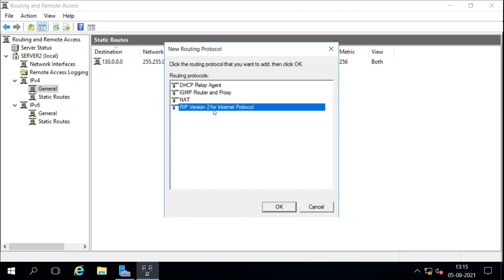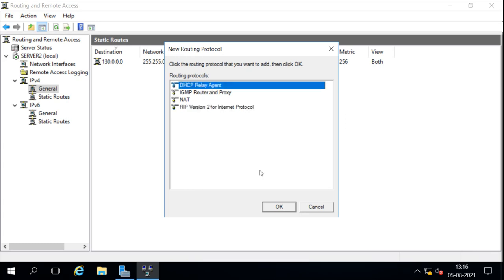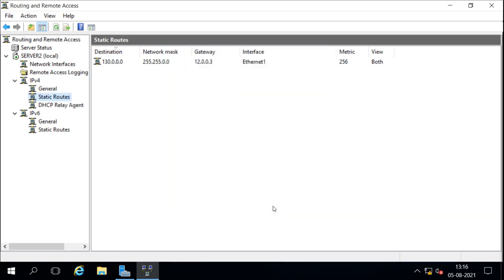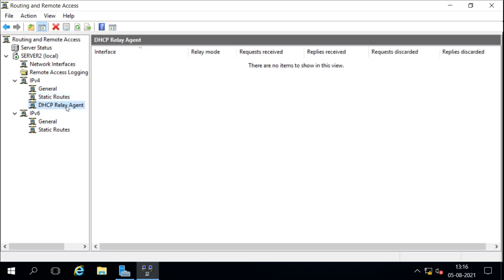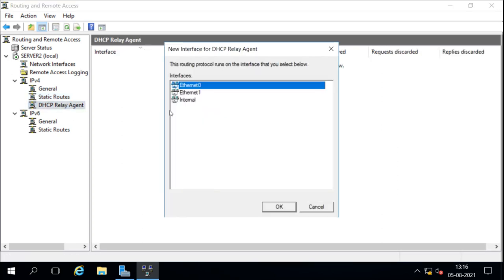And also if we want to create the DHCP relay agent, then we can select this. Suppose you want to create the DHCP relay agent, then you will select this and it will give you the option here to select the relay agent, and here you will add the interface which is connected to the DHCP server.